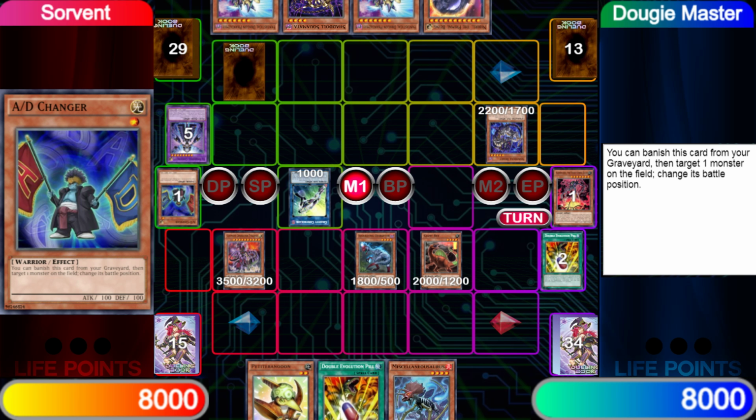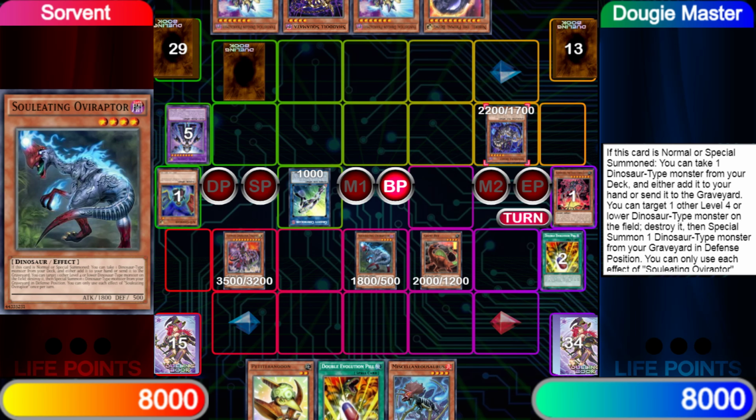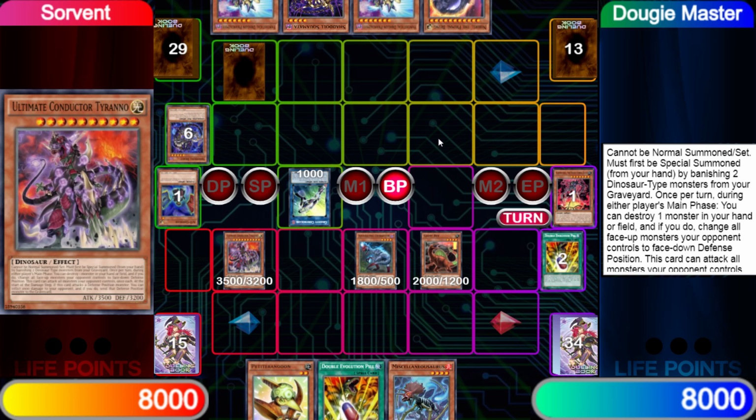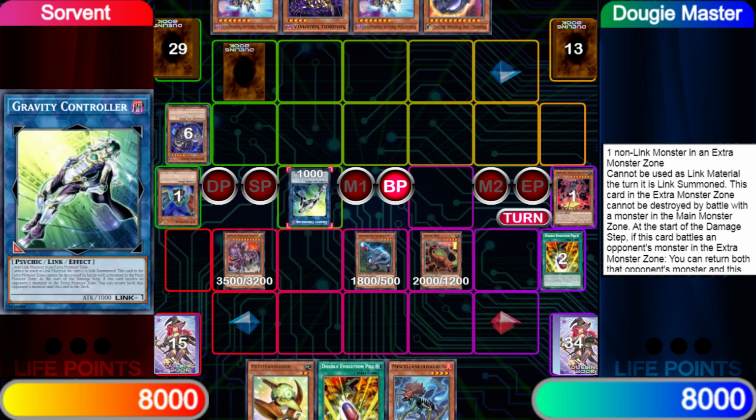But I decide not to do that, and I just decide to go into the battle phase. Actually, I think it's a smarter play to go into the battle phase like I do, just because I can deal more damage by hitting into the Gravity Controller, but you'll see that in a second. So Conductor's going to attack the Beast, he's going to take 13, then he's going to take 25 from the Gravity Controller,